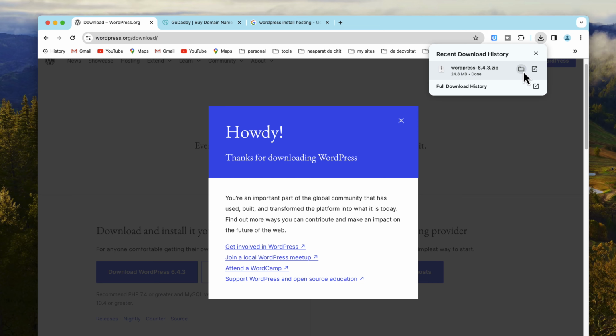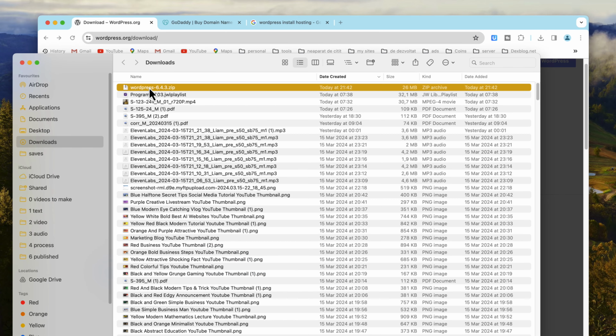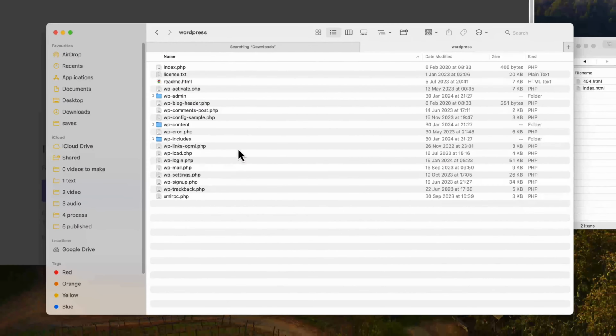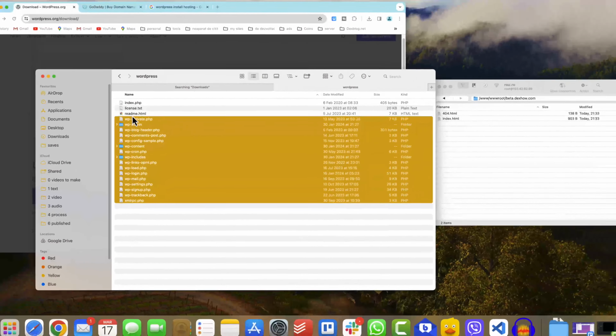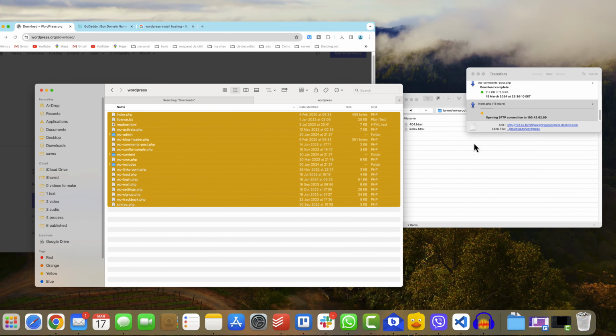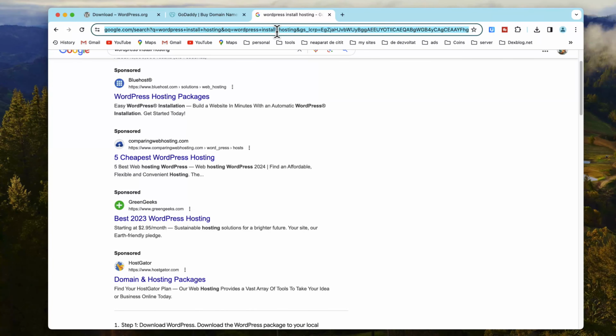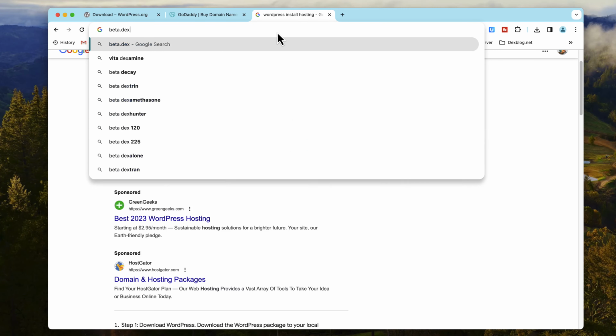Installing WordPress by downloading the software from WordPress.org. If your web hosting provider does not offer a one-click WordPress installation feature, you can download the software from WordPress.org and install it manually. To download WordPress, visit the WordPress website and click on the Download WordPress button. Once the software has been downloaded, you will need to upload it to your web hosting account using an FTP client or file manager. Once the files are uploaded, you can visit your website's URL to start the installation process.